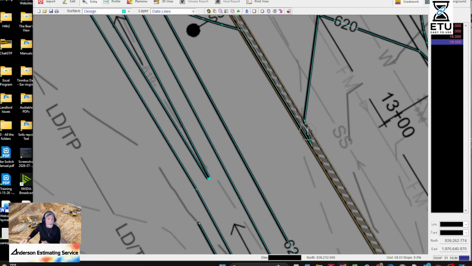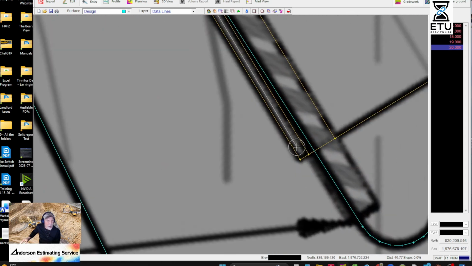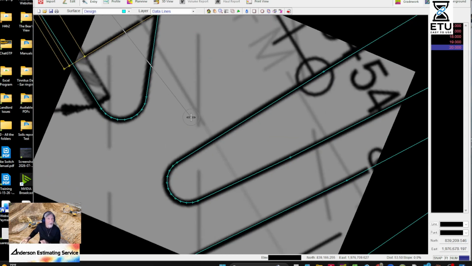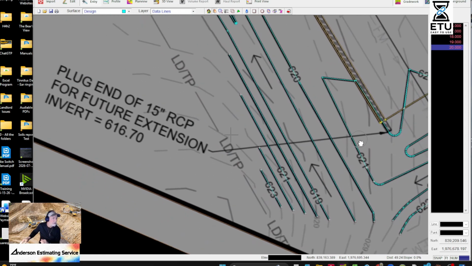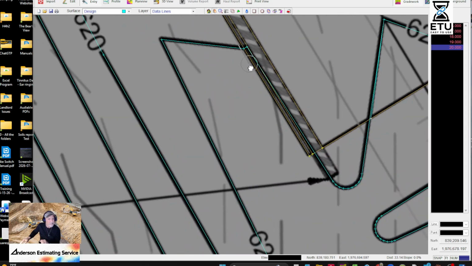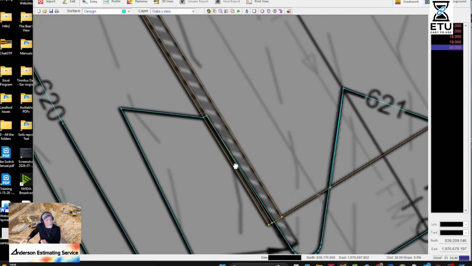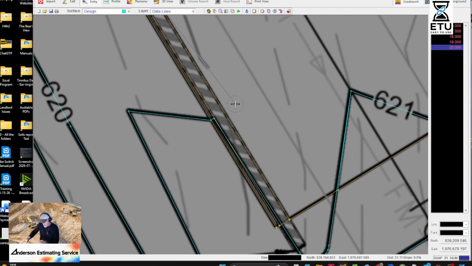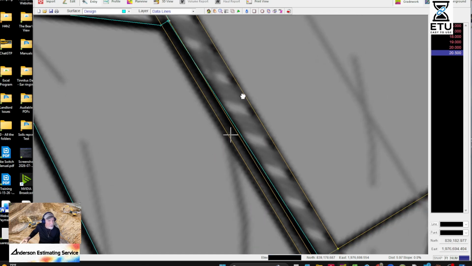Make sure it's catching them. Always double check. See how this line goes on the other side? This point right here, they don't have very well defined. Oh, there it is. Invert. That's for an RCP. So here's 620, here's 620.5. So it's 20.5. I unsnapped because I don't want to get there.